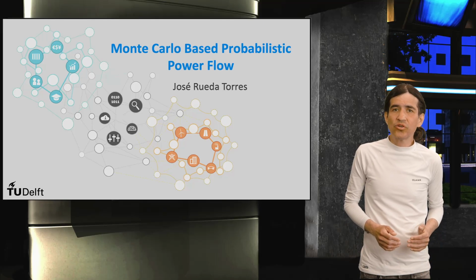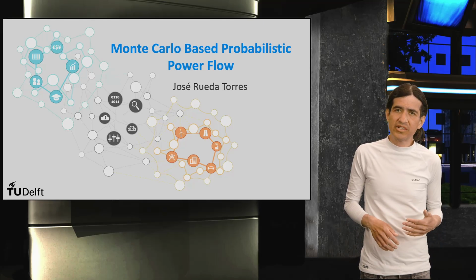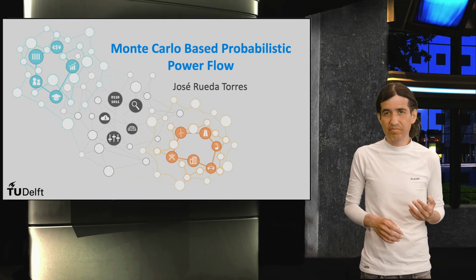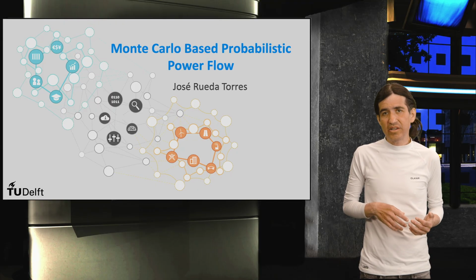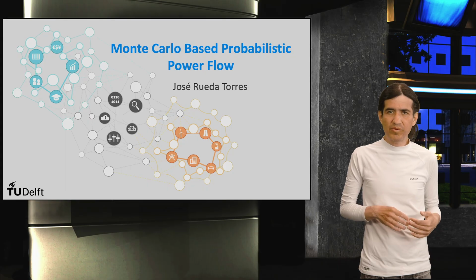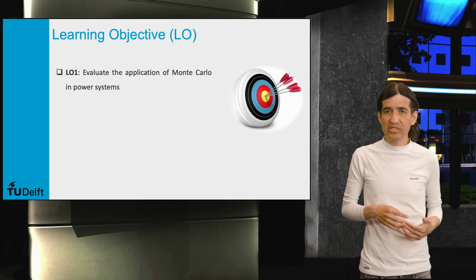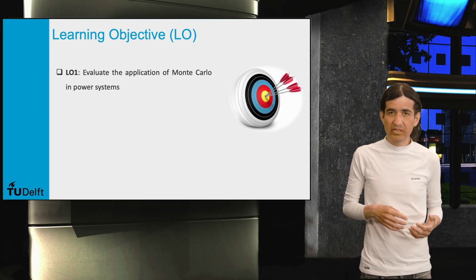The previous videos showed different ways to model uncertain input data, variable output data, and different types of probabilistic methods. They are essential in calculating a probabilistic power flow to understand the diversity of power system operating conditions. In this video, the application of the non-sequential Monte Carlo method is studied, evaluating the relevance of its implementation steps.